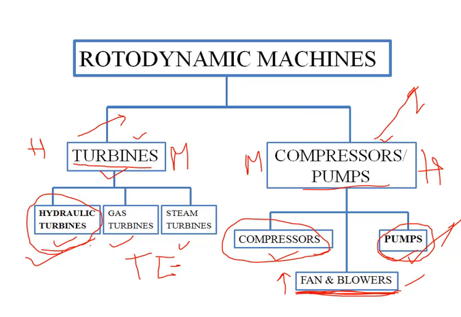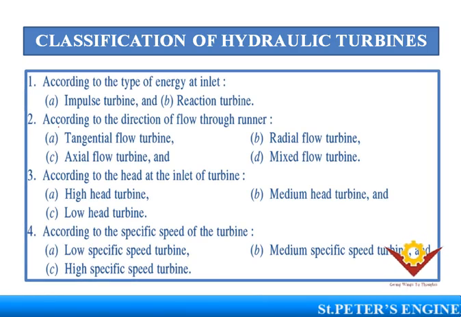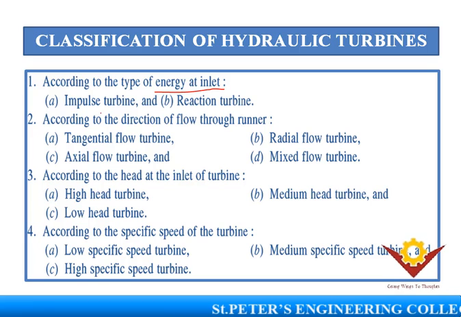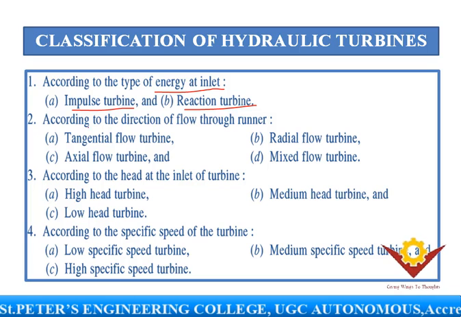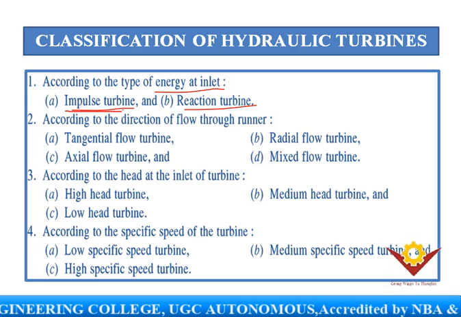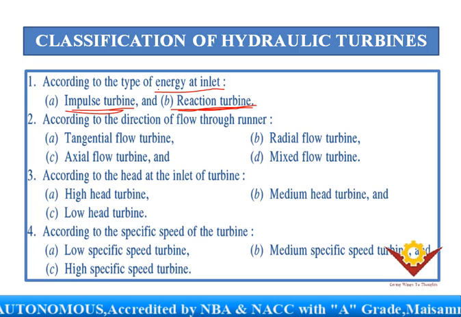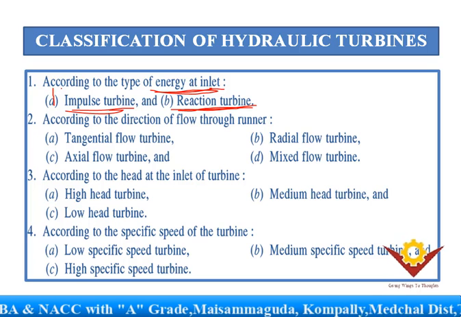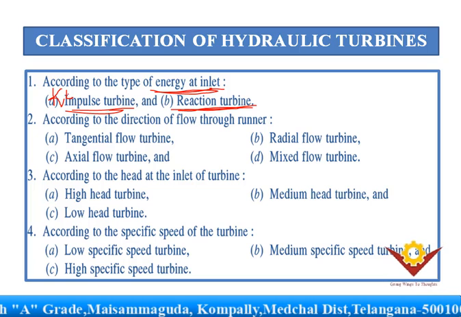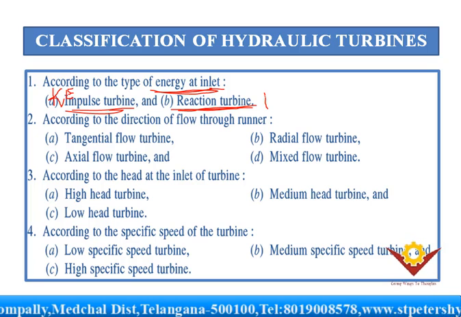Next, we'll see how these hydraulic turbines are classified. The first one is according to the type of energy inlet. That means these may be impulse turbines or reaction turbines. What is the main difference between impulse and reaction turbines? The energy inlet for the impulse turbine is kinetic energy. And coming to the reaction turbine, the energy inlet is potential energy